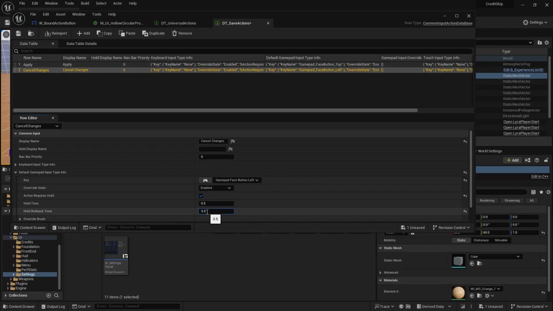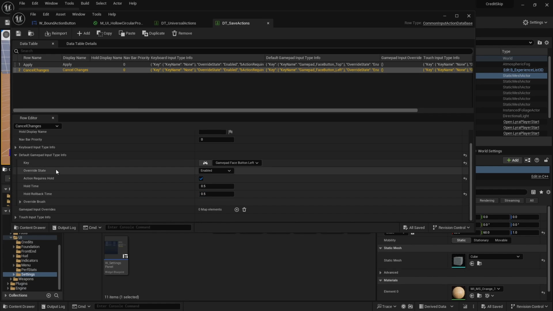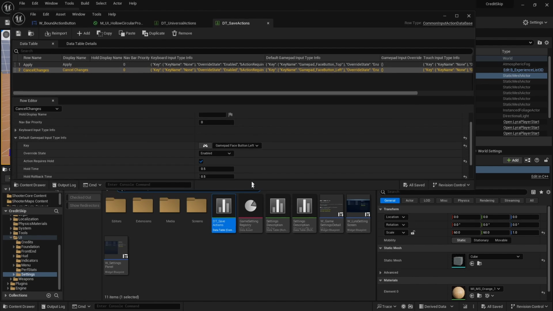So I'm just going to do the same thing just to see it slowly go down. And then there's your gamepad input override. So if you're supporting the Switch platform, you would probably have your swap for the back and confirm over here, if it's applicable. Okay, so I'll save that.